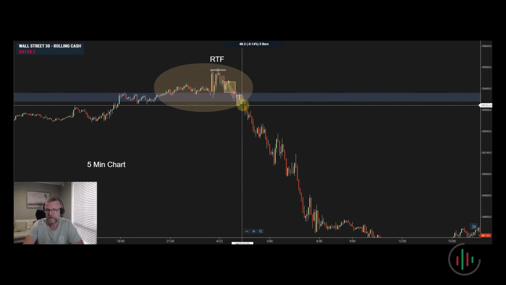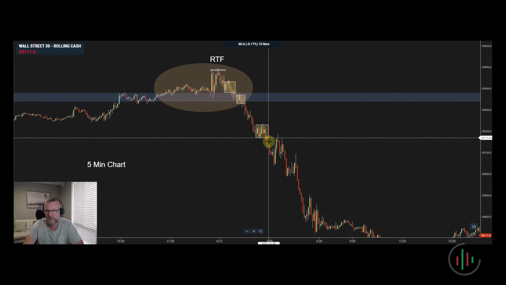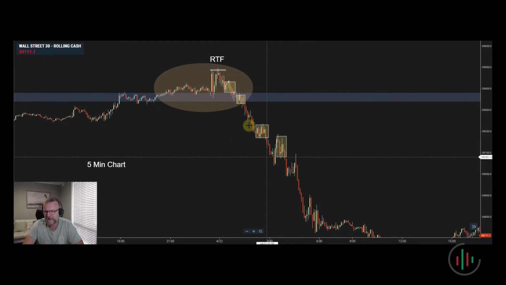You could have got in maybe a few other little short entries in there. But you can see that once the market starts to move back down below, it starts to get a clearer direction on the 5-minute chart, and you get multiple entry opportunities on the 5-minute chart. So by looking at the 30, waiting for it to do its thing to prove itself, whether it's going to go up or down, and then trading accordingly on the lower time frame charts, you can see that dramatically improves